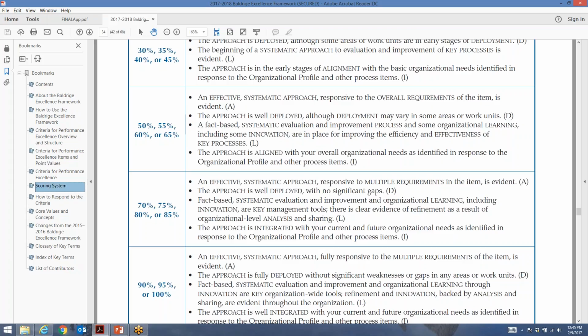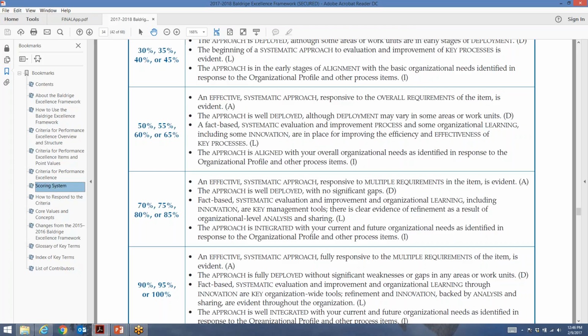You could have some new ones, and so if you said, hey, in 2016, we just developed this innovation management process, and right now it's in early stages of deployment. Well, if an examiner team is going to find that on site, just go ahead and give that to them, and use some of your real estate. I wouldn't use a lot of real estate for that, but give them one of those every once in a while. And on others, you may not even mention deployment, but in the important ones.